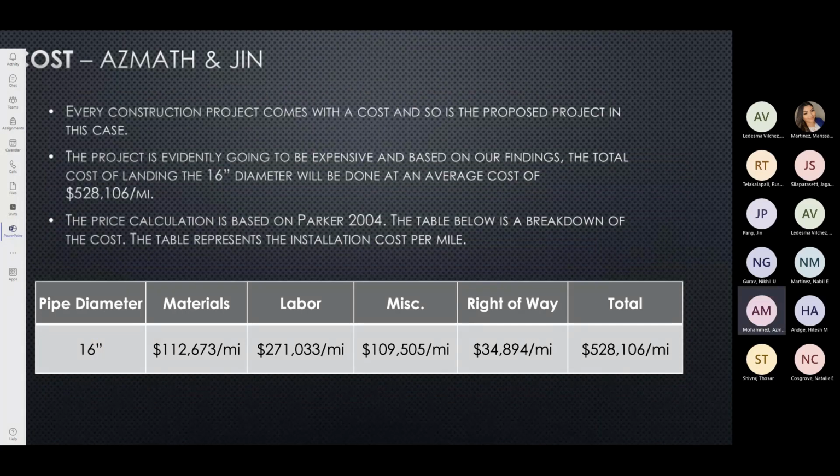Good evening, everyone. Coming to the costing of this project, as we all know, every project comes with a cost. In this case, the total cost of laying the 16-inch diameter pipeline can be done at an average cost of $528,106 per mile. This table shows the breakdown of the cost. It represents the installation cost per mile. Coming to the next slide,